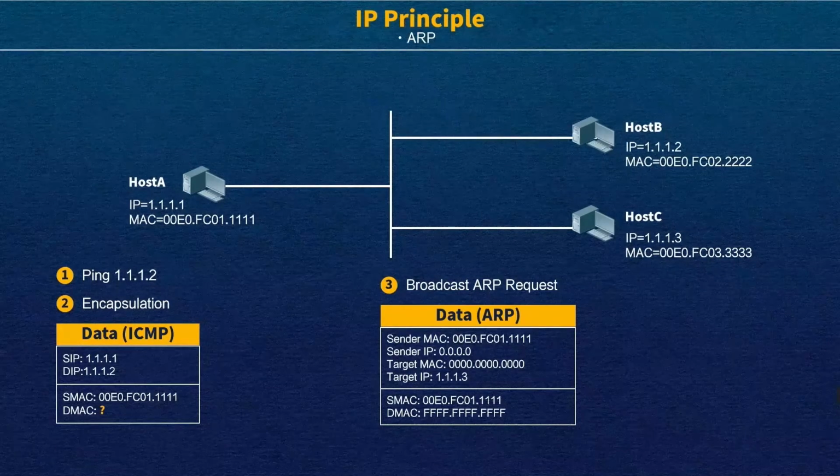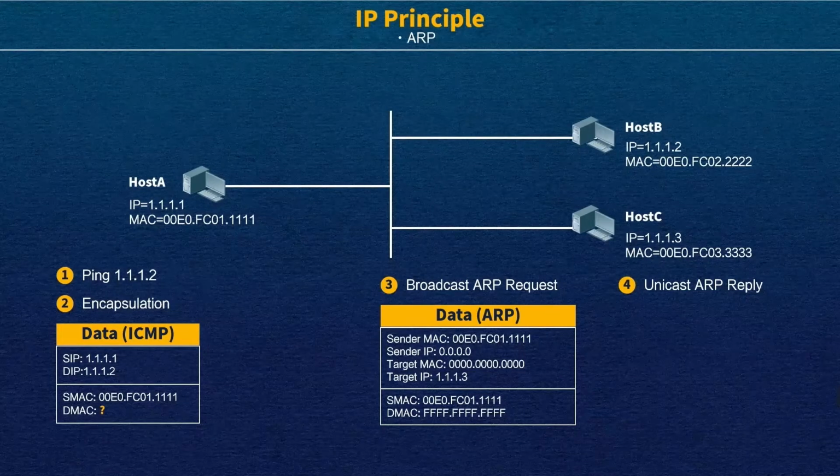The second step, because host A is looking for host C, host C will give a reply. This ARP reply is a unicast reply. Pay attention, unicast means I only send to one person. Why can host A at the beginning only send broadcast packets? Because I don't know the information of host C, so I can only send out broadcast packets.